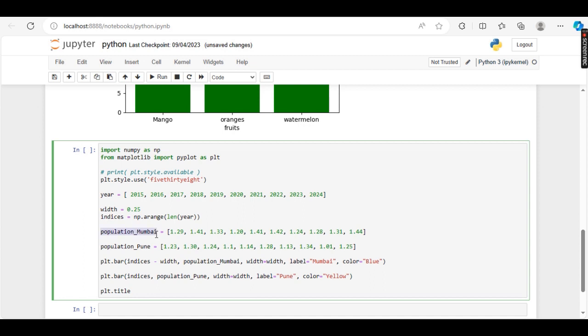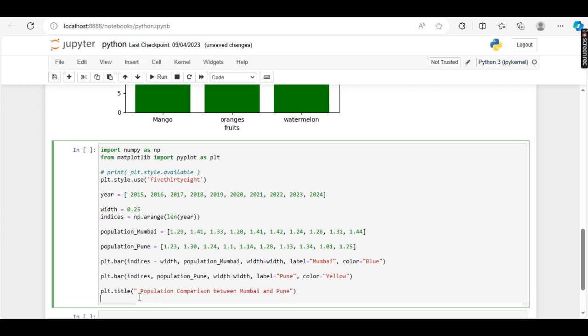Okay, so customization is plt.title, where the title is 'Population comparison between Mumbai and Pune'.